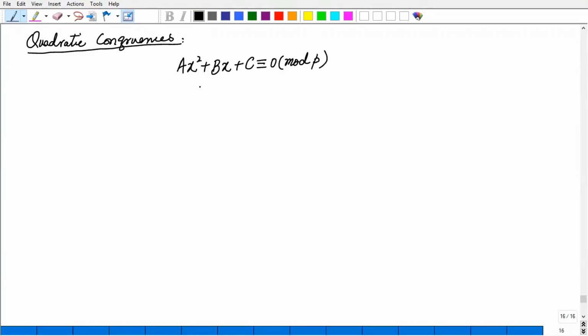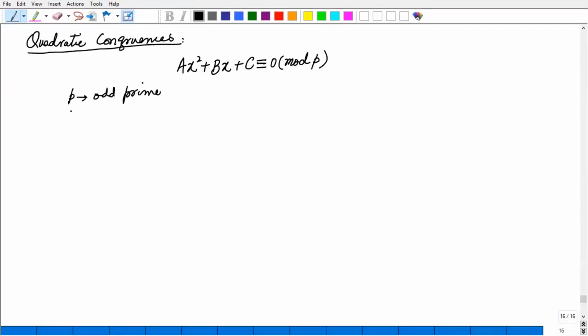Okay, so that's the quadratic equation, and if a quadratic equation is written in the congruence form, this is called a quadratic congruence over the modulo p. Where p is a prime and this p must be an odd prime. So p must be an odd prime